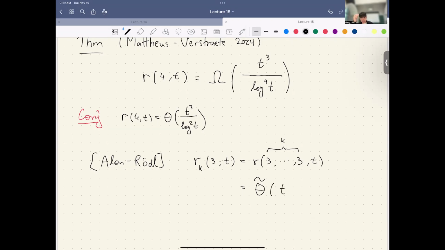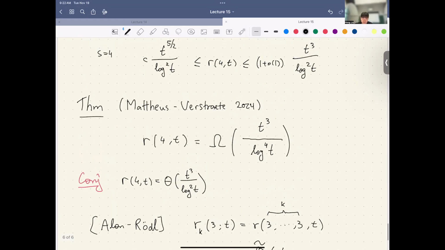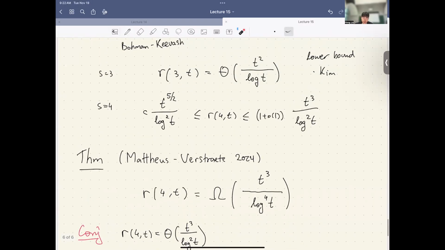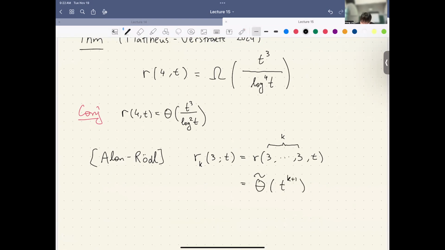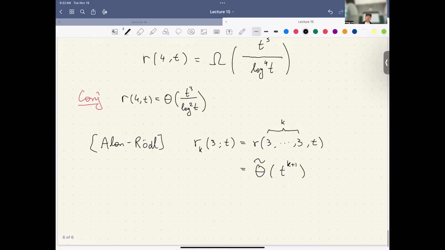It's t to the, let's see, when k equals 1, it should be t squared. So it's k plus 1, I believe. You're adding one more color of forbidden triangle, you grow by a factor of t. So here, using similar ideas of the construction there and their construction for R(4,t) as a black box, they can obtain also a tight multicolor result for R(4,t). So here, this is again Mattheus and Verstraete. They prove R_k(4,t)